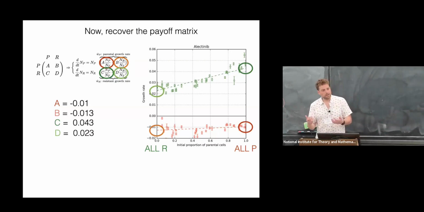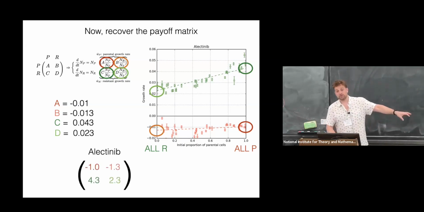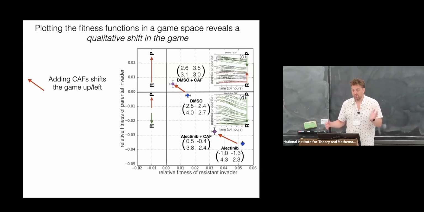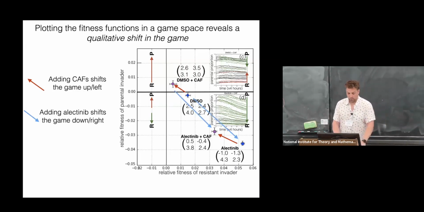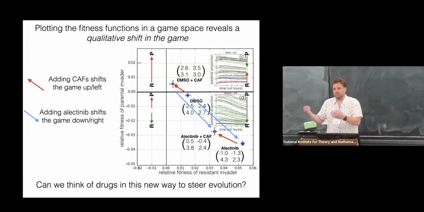So I think what's really cool about this is that we now have the ability to nail those matrices. And once we do that, we can do all the math we had before. So we have a payoff matrix for a scenario, a single scenario in cancer. And this really gives us an idea that these fitness functions in game space show real qualitative shifts. So you can sort of think about what's the evolutionary or ecological shift that adding a drug does, and what's the evolutionary ecological shift of winter and summer. And so thinking about those things in a different way. Can we cast these problems in terms of these scenarios in order to think about therapy differently?